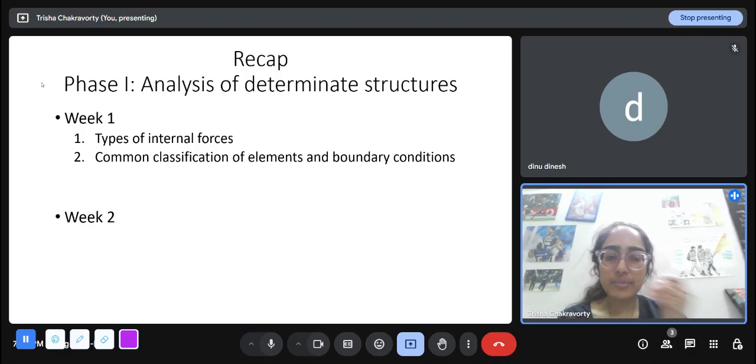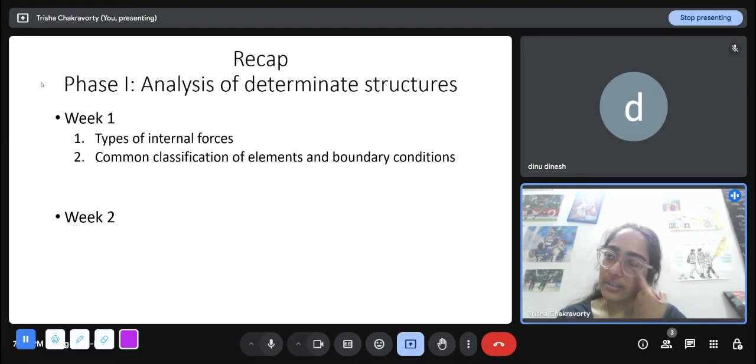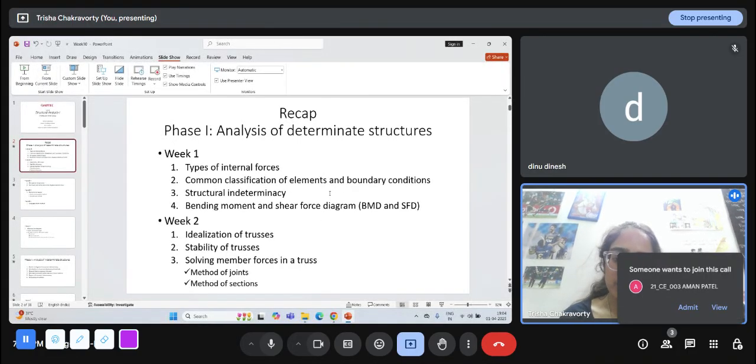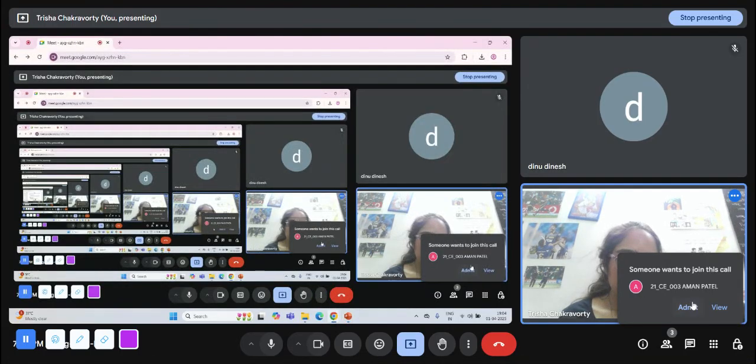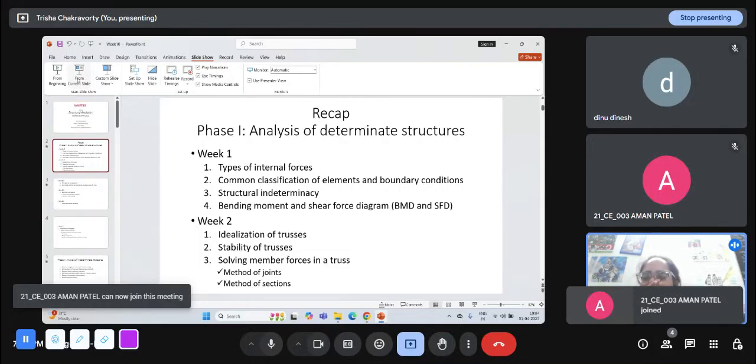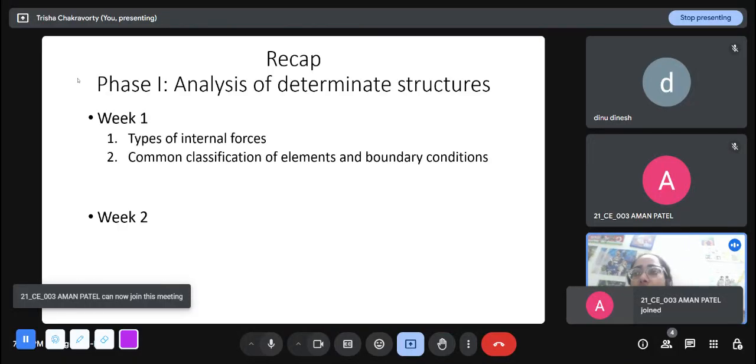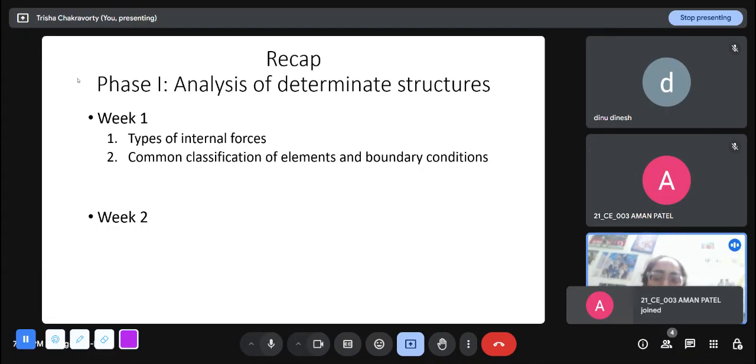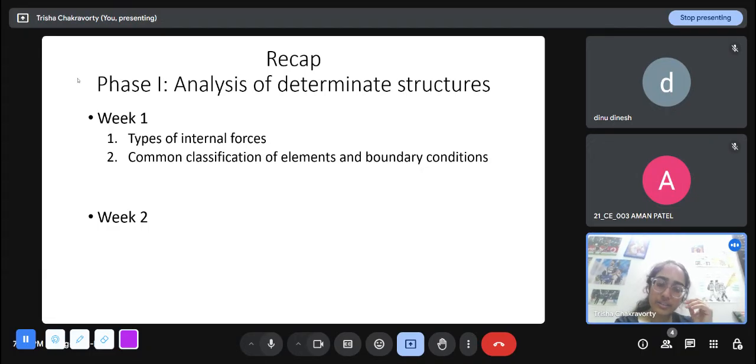And then we looked at the types of boundary conditions, which are basically the restraints in an element. There are several types. There is the roller support, which provides one displacement restraint in the direction perpendicular to the surface it lies on. The hinged or pin support provides two displacement restraints in the 2D plane and three displacement restraints in the 3D frame. And then the fixed support restrains all the displacements and rotations possible.